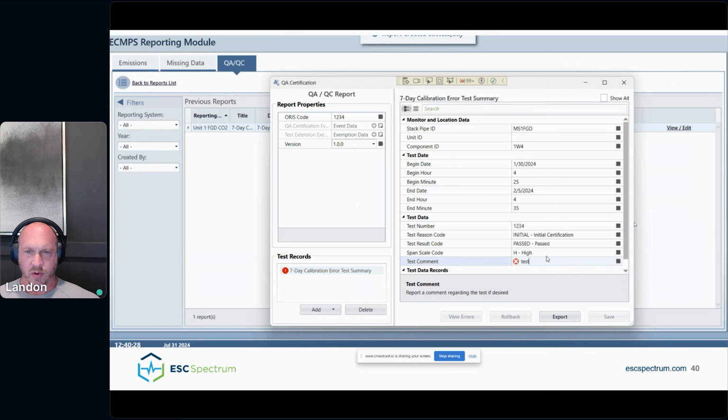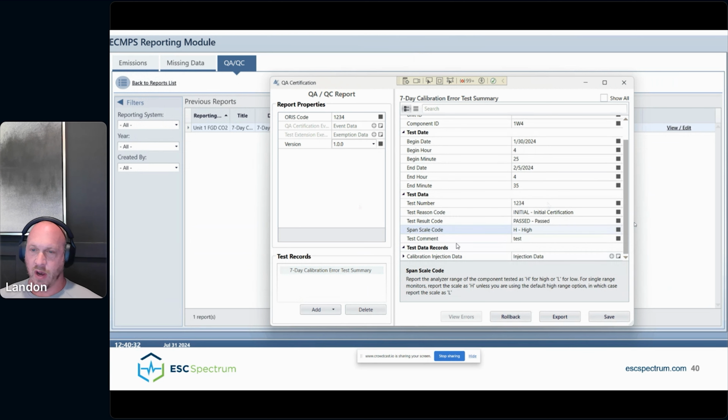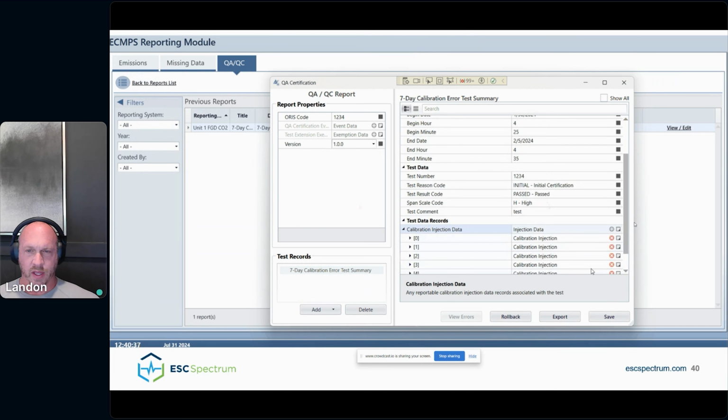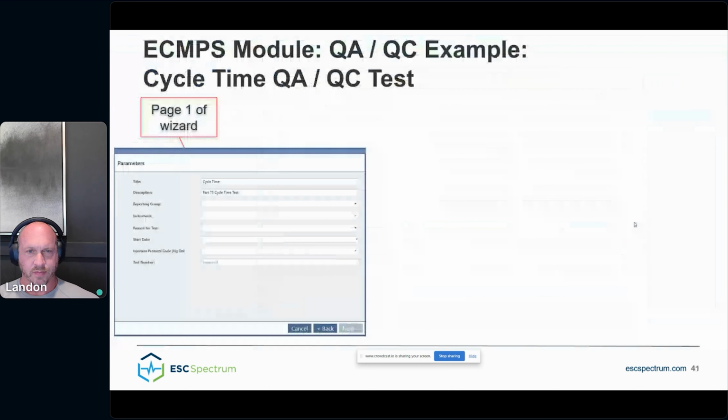Looks like test comment maybe is required. So, yep. So it should be fairly easy. All of the QA/QC kind of report generation works that way. And again, last step is it shows you kind of the results of that. So I'll kind of go through these quickly. These are just the wizards